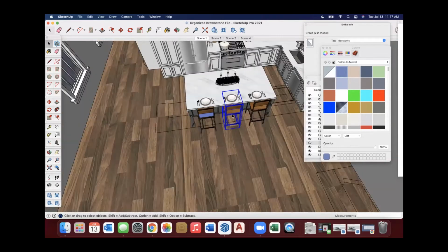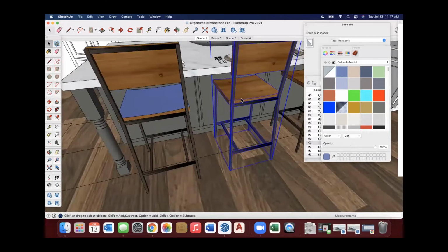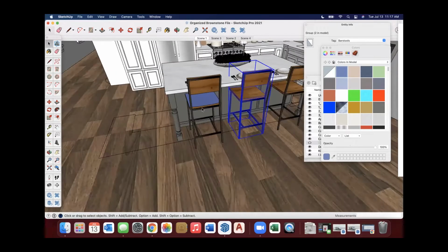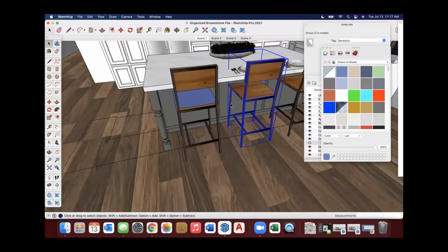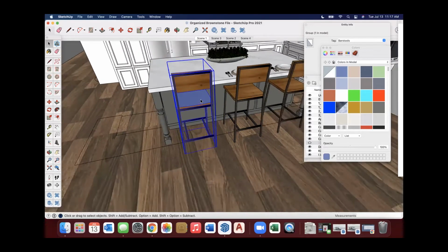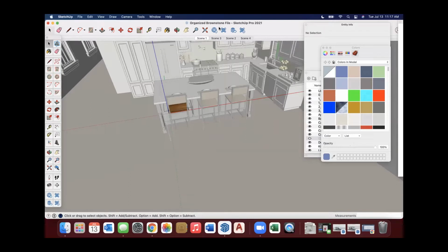So this was a model that I did not build. I thought somebody had made this into a component. So this actually just completely derailed what I was saying. The benefit of this is it should have been a component. So actually this is a good fix because I have students do this. So I'm going to undo that and go back to how the chair looked before.